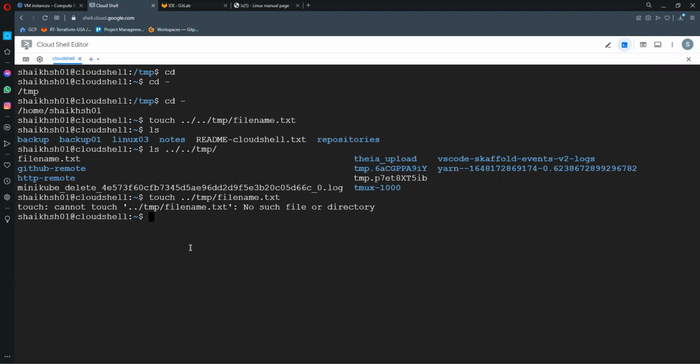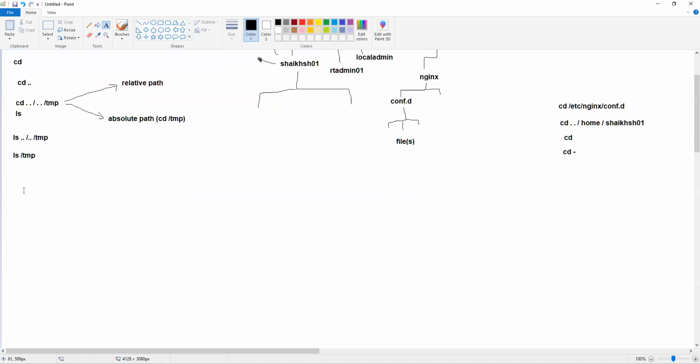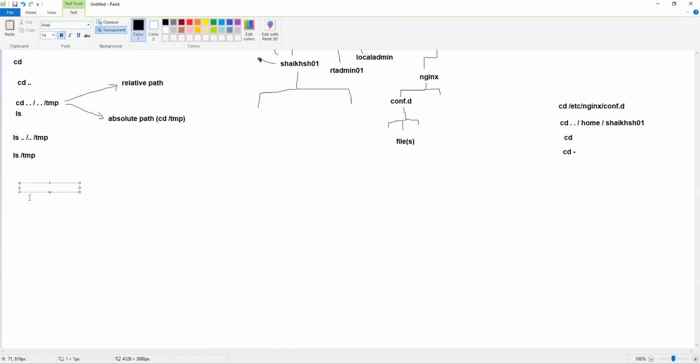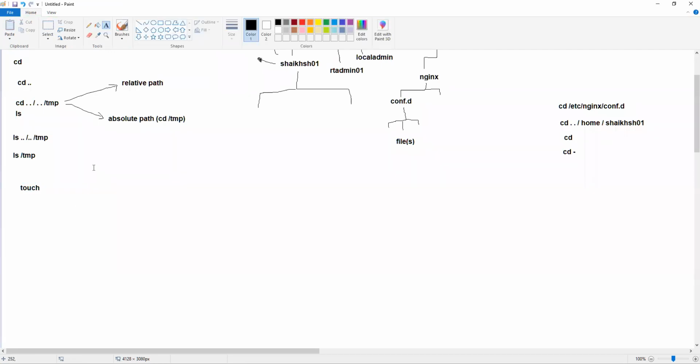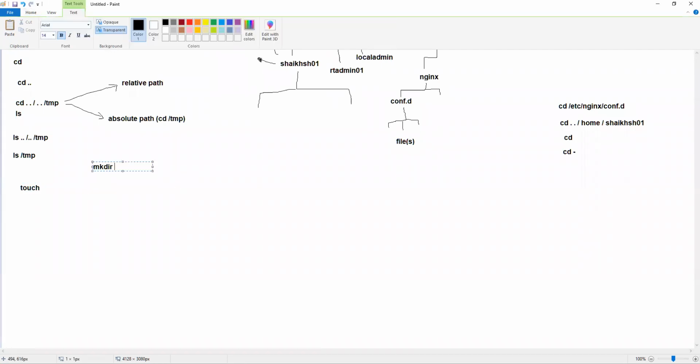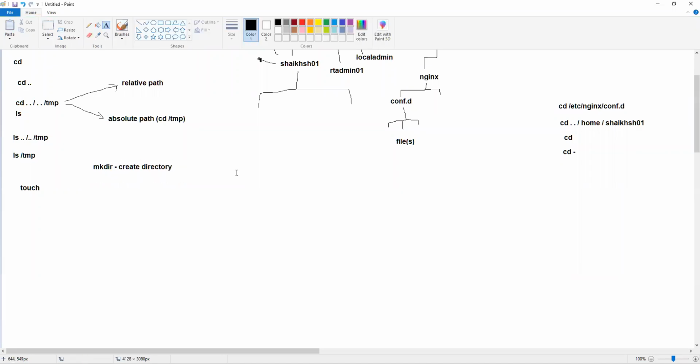Okay. So along with this, we have seen one more command called touch. The touch command is similar to the mkdir command. mkdir is the command that can create the directory, and there is only one command that is going to create the directory for you. That is the mkdir command, right? And if you go and look at the mkdir command, whether it's a shell built-in or it's a shell program,